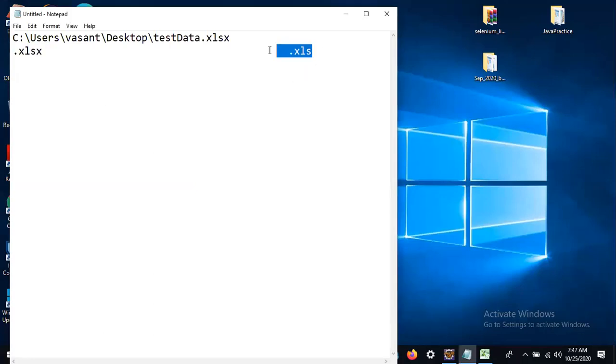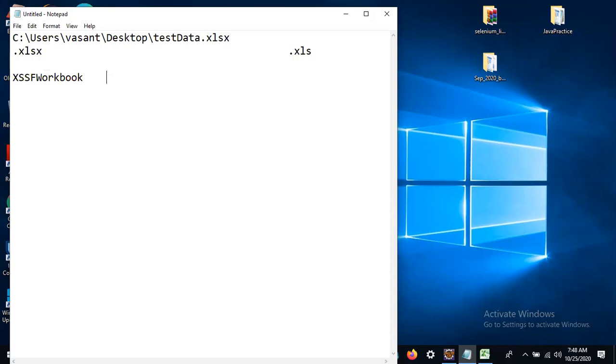To interact with an .xlsx file, we have one class, the XSSFWorkbook class. This workbook class implements one of the interfaces, the interface named Workbook.